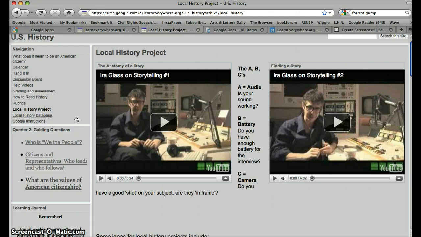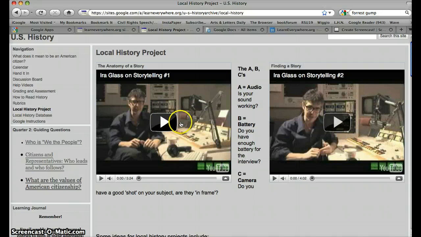The first thing to make clear with whoever you want to interview is that this is a public interview and it will be published. You need to stress this to the person: this is not a private conversation, it's not a project that only you and your teacher will see, this is going to go online and this is going to be a public interview. If you do an interview, I highly recommend watching both of these videos.